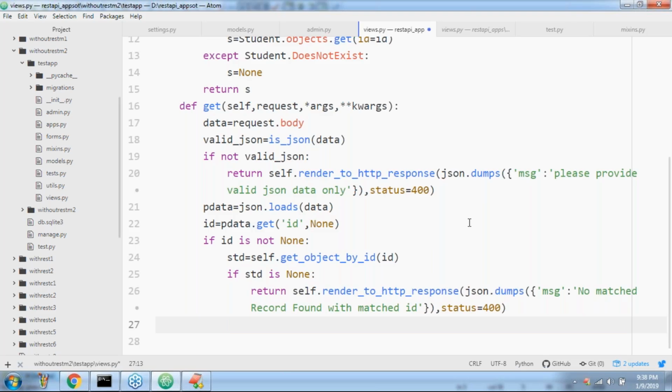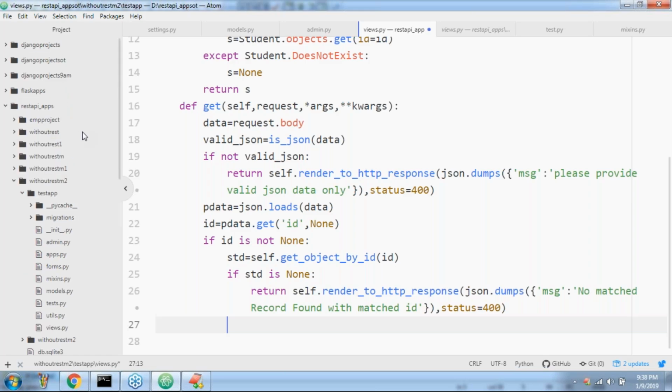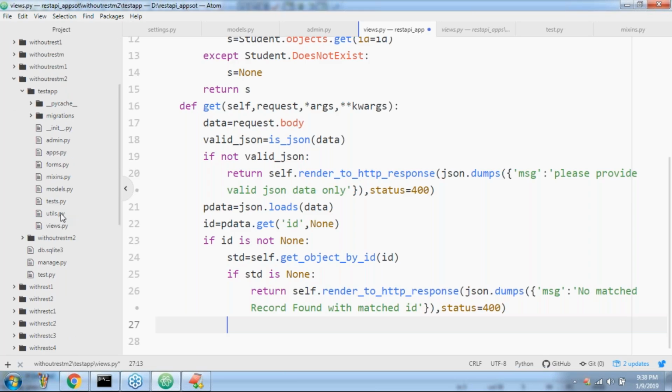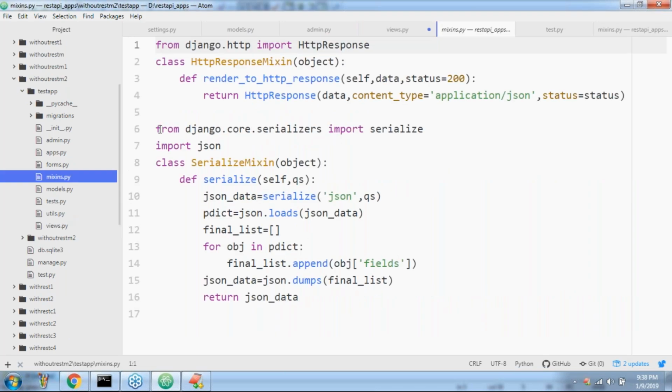But how can you provide that student information to the partner application? Compulsorily we need to convert it into JSON. To convert into JSON, have you remembered, we covered Django's serialize function. There is a mixin I want to define. Have a look once, sir. There is a mixin. This is the mixin to convert a Python model object into the corresponding JSON data.